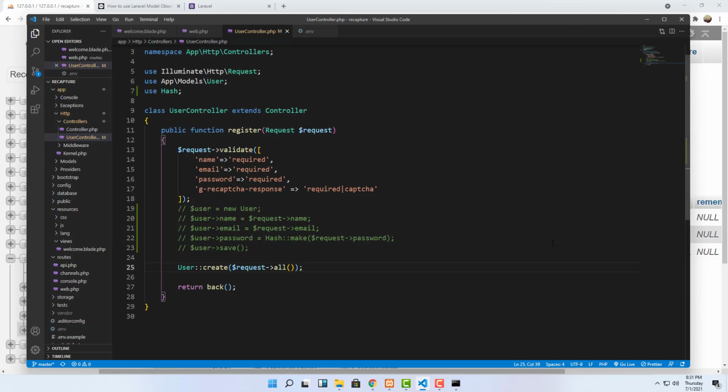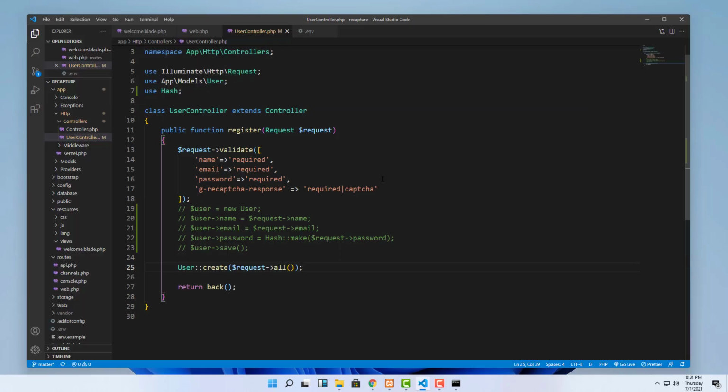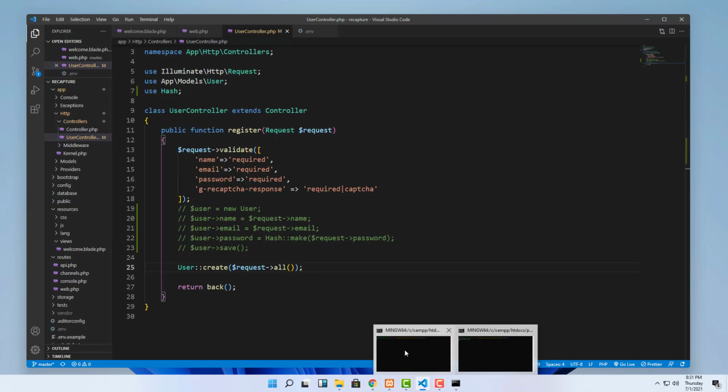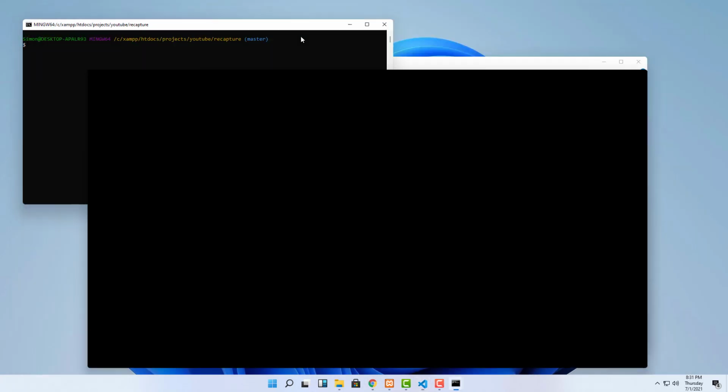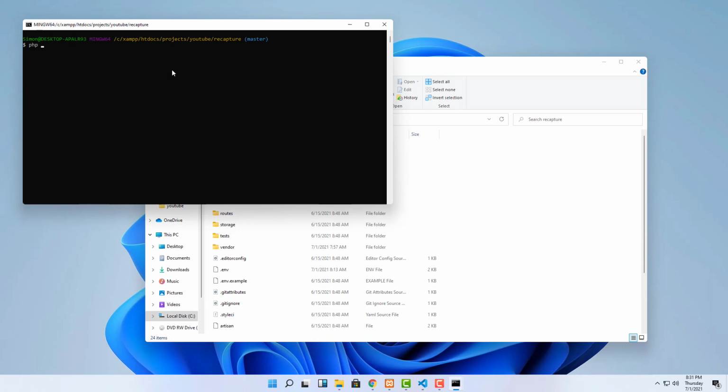The first thing you have to do is to create the observer. So what we call a Laravel Observer, it's going to observe that model, and during the creating event you can hash that password. So this is how it works. You'll go to the terminal and create the observer. So just do php artisan make:observer,